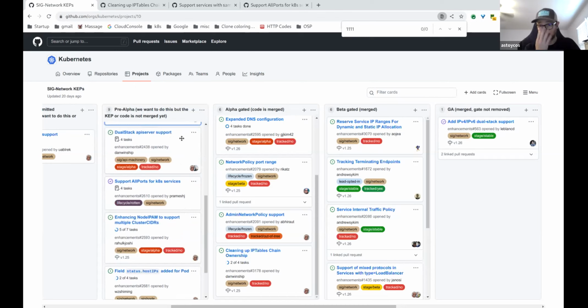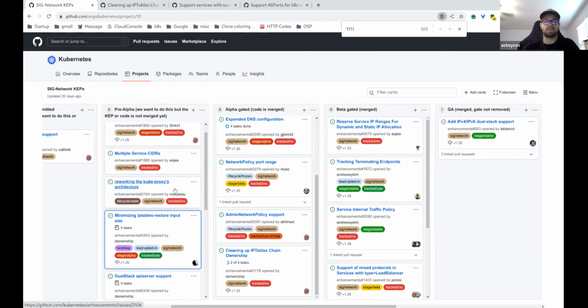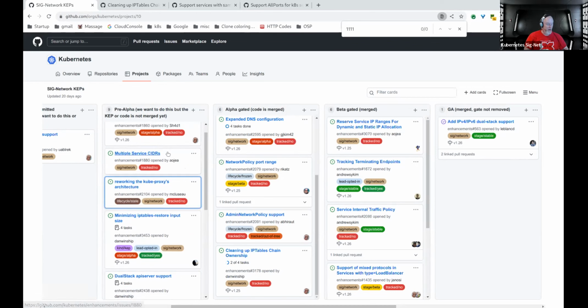Tim, quick note on the KPNG one. I'm pretty sure the community is assembling to where we're going to be asking for more review on the KEP there. Not necessarily looking to move it anywhere, but we're getting to the point where it's mature enough that we need the rest of SIG Network's opinion on how to move forward. Excellent. I was at a conference last week and I happened to see Thomas from Cilium, and I mentioned KPNG and asked, are you guys tracking this?